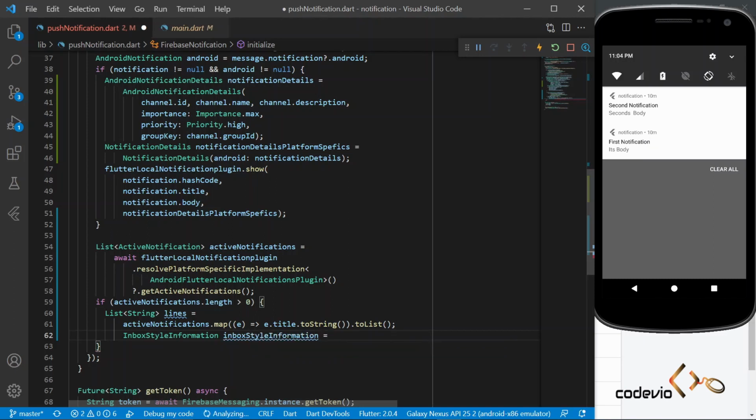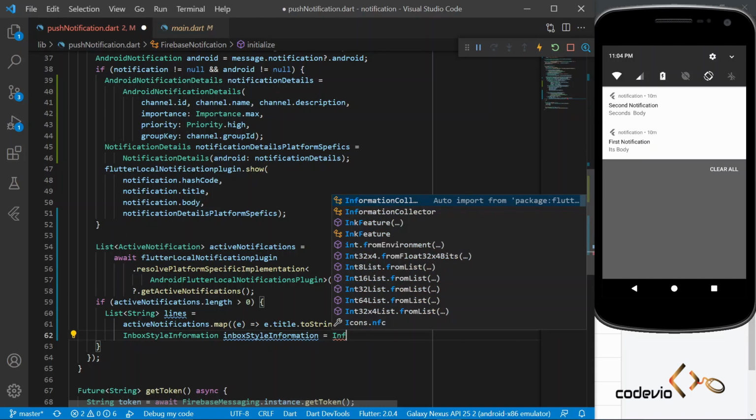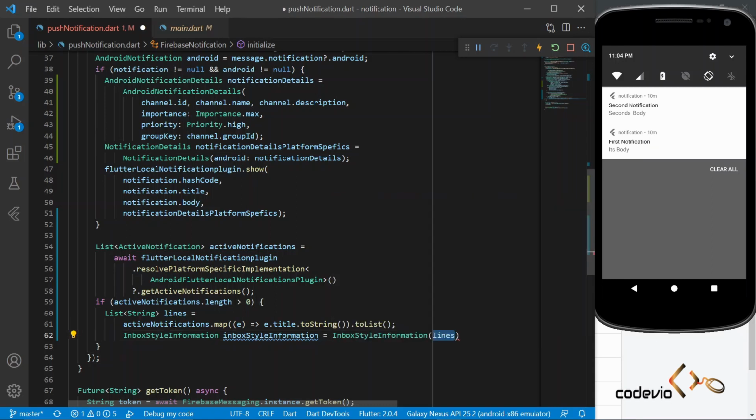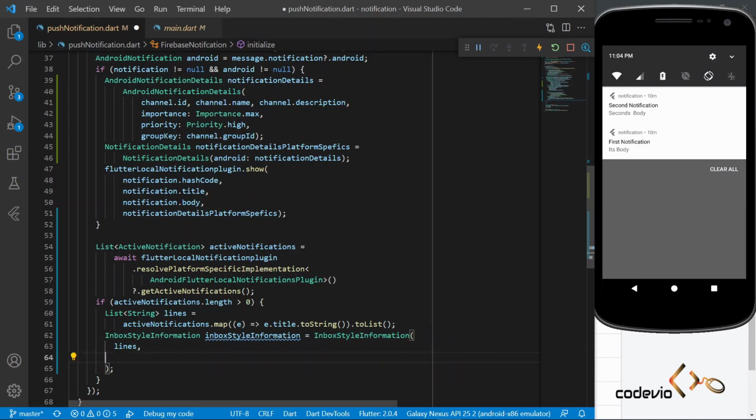Let me name it inboxStyleInformation equal to, and then we will initialize it with InboxStyleInformation, and we must pass the lines. So I have passed the lines that have been created, and then we must set a content title.